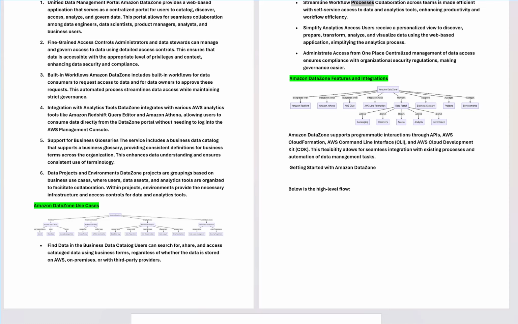Streamline workflow processes. Collaboration across teams is made efficient with self-service access to data and analytics tools, enhancing productivity and workflow efficiency. Simplify analytics access. Users receive a personalized view to discover, prepare, transform, analyze, and visualize data using the web-based application, simplifying the analytics